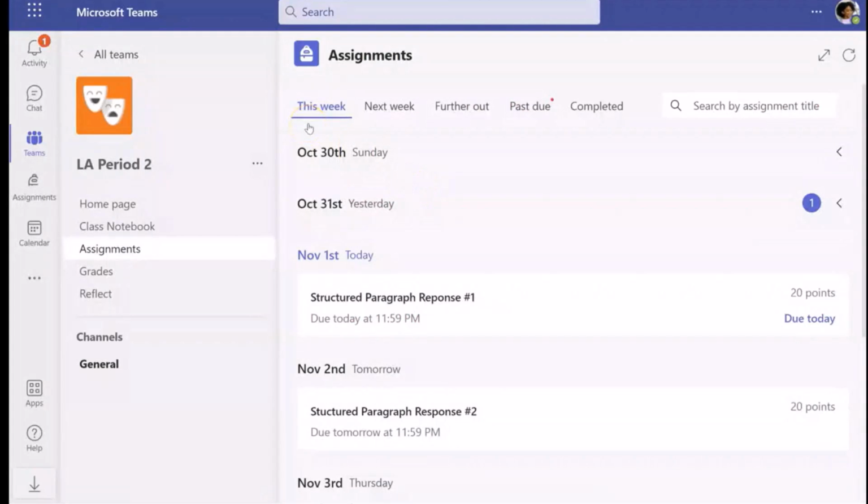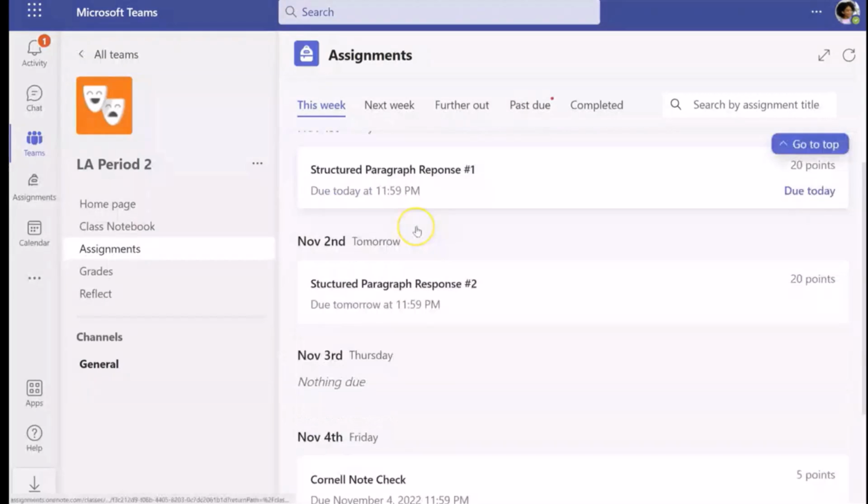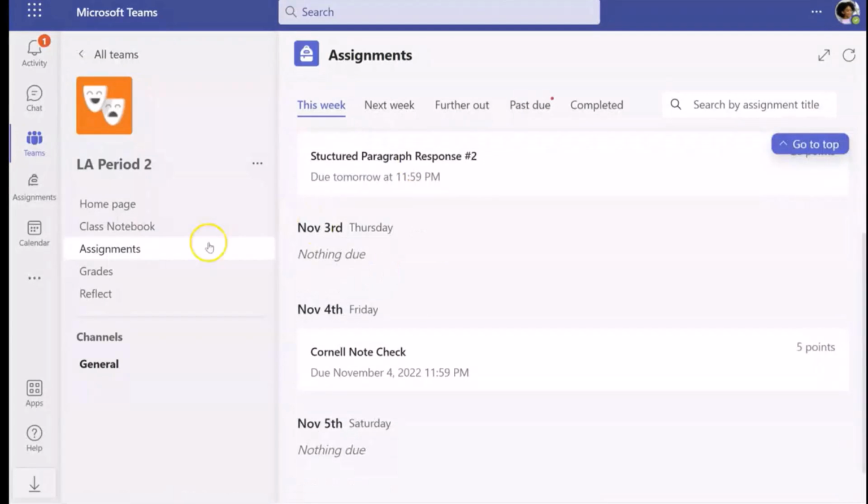So what we've done in the new version that's rolling out, I would say maybe end of November, is add a kind of weekly checkpoint for you. So there's this week, next week and further, which is the next upcoming stuff, and past due, which is what you're past due on as well. For this week, we have everything that's due for the student this week,